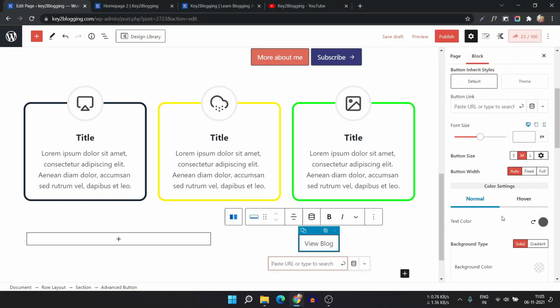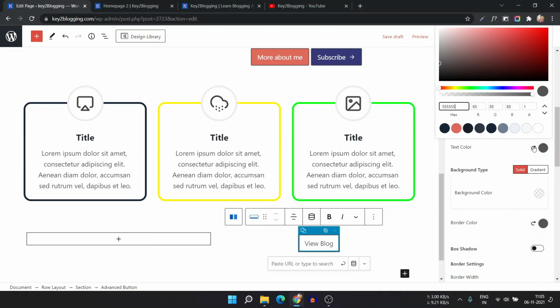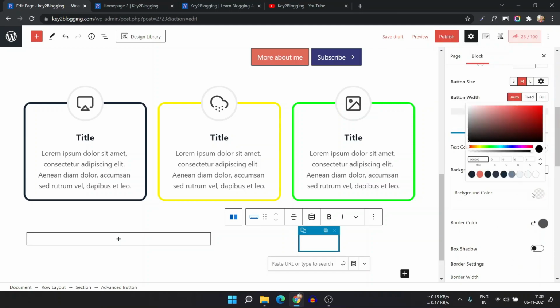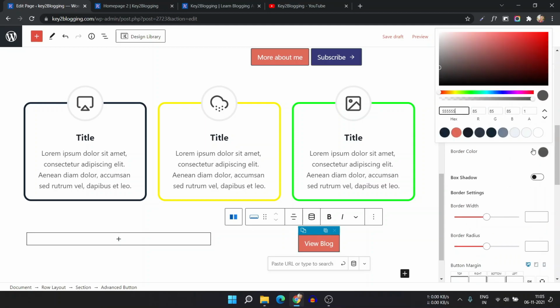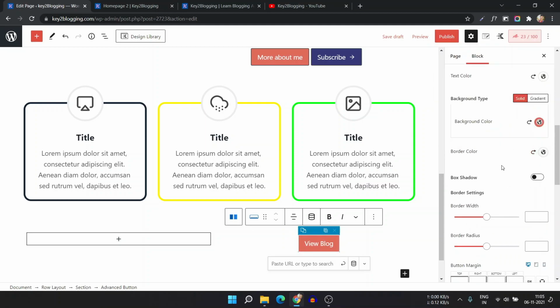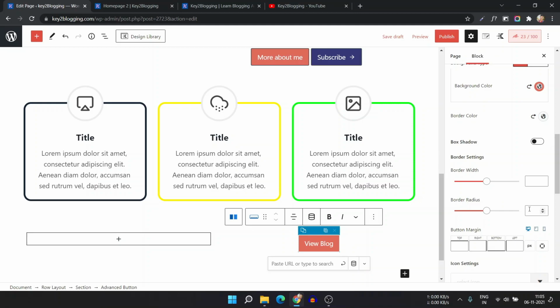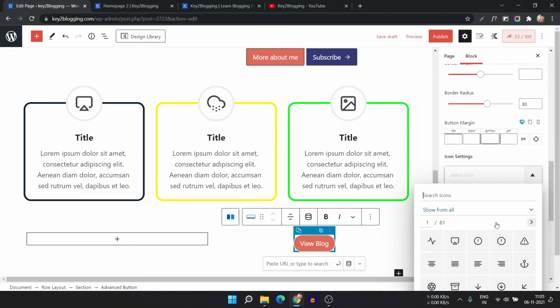and here click on the button and let me just change the text, and here you can change the button background, and let me just add a border color of white, and here you can add a border radius. So let me just change the border radius to 30, and let's add a icon.